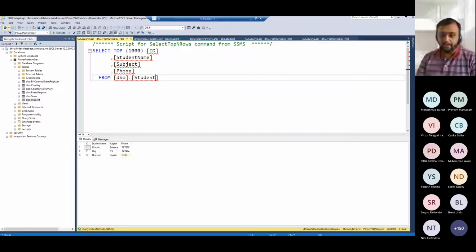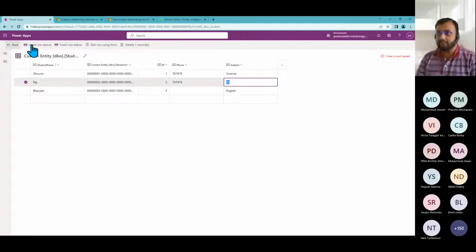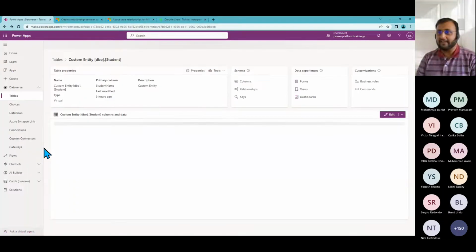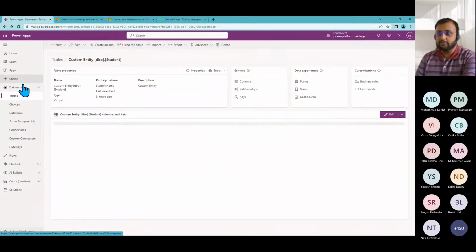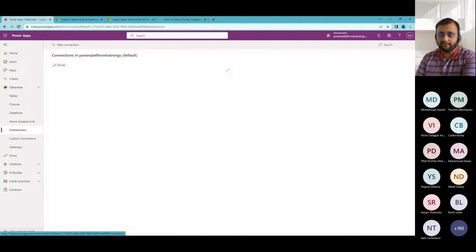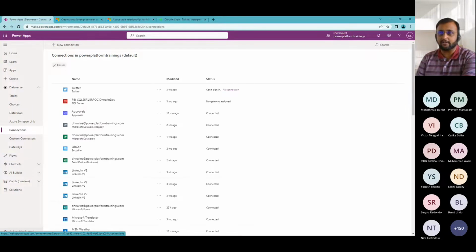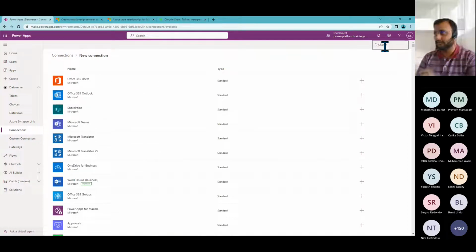To create the virtual table, we need to follow these steps. The very first thing is that we need to establish the connection. So you simply need to go to your connection section to create your SQL connection. From here, simply follow this. Let's say you have SQL Server,